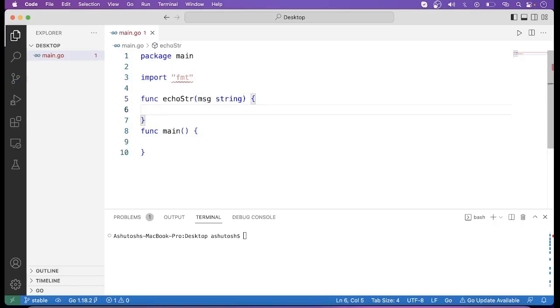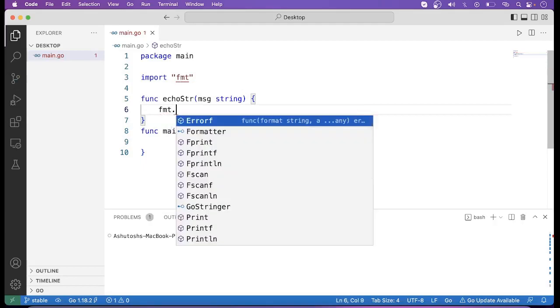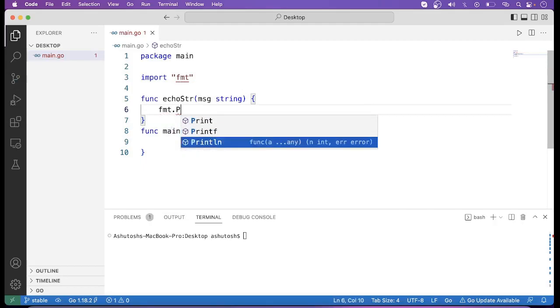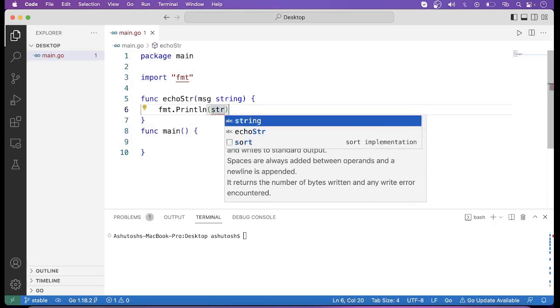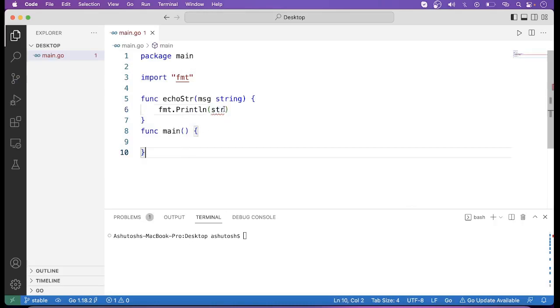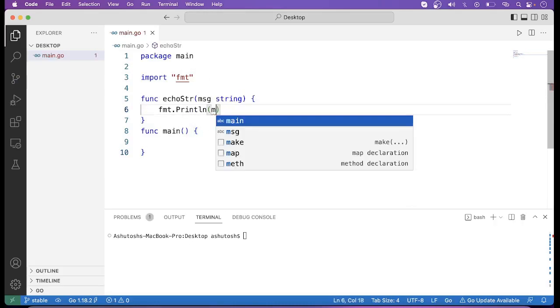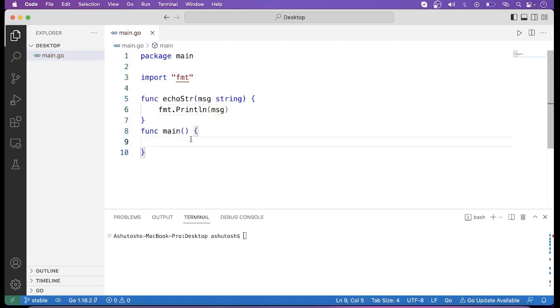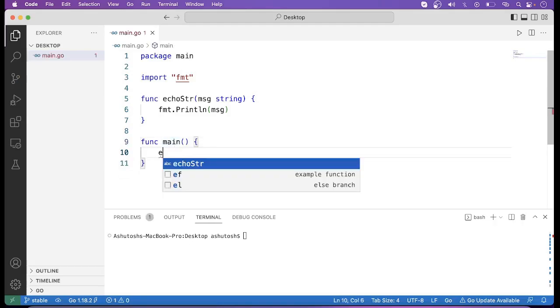Now it will print the string. So if we call this echo str,